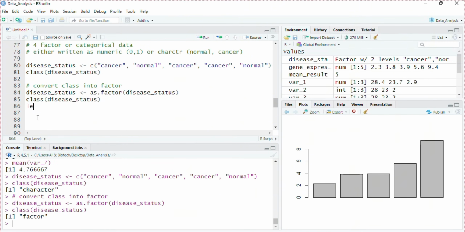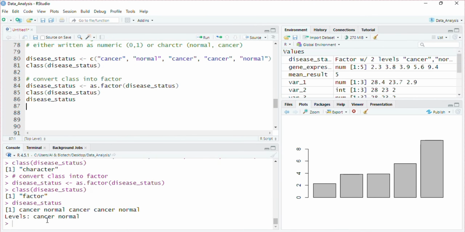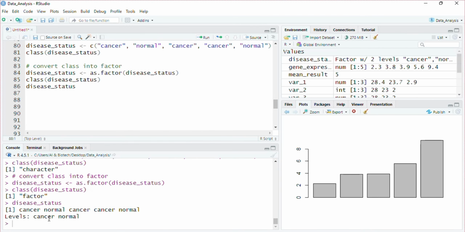Check how it looks. Disease status factor. So it classifies as cancer and normal categories. If you want to assign levels to these categories, we can do that. I'll assign the categories in alphabetical order, so cancer is the first class and normal is the second.